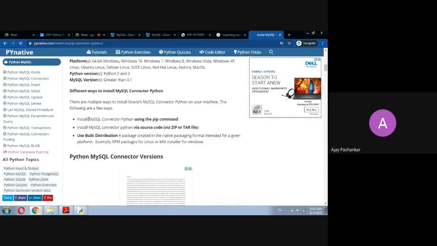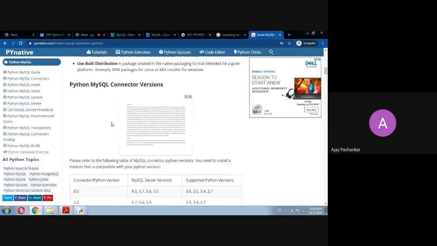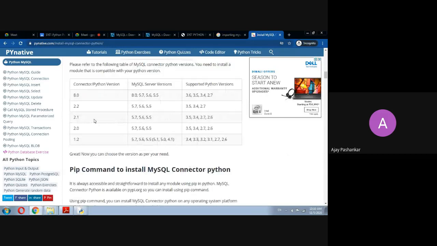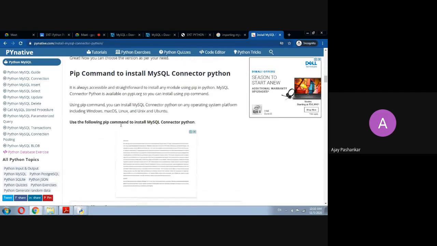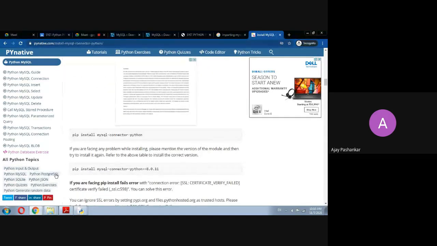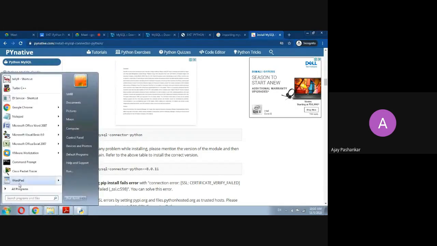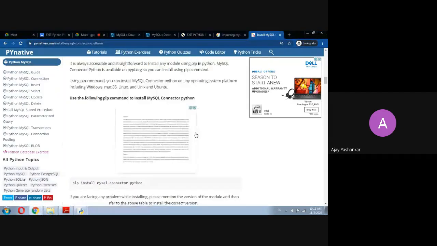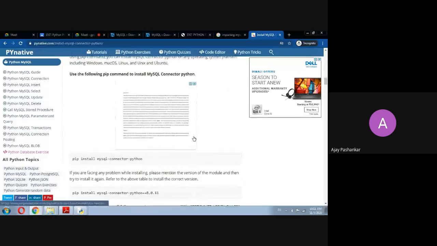The pip command is simple. Just open the command line of your Python and run pip install mysql-connector-python.